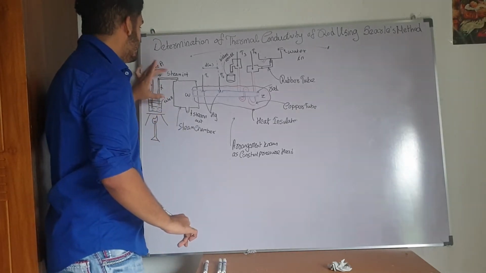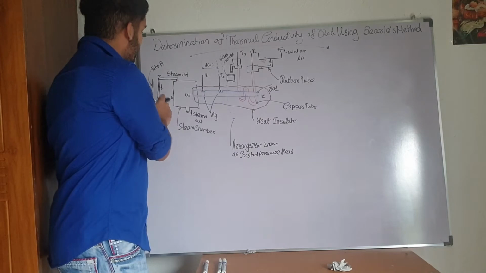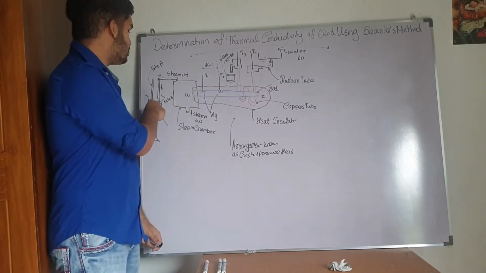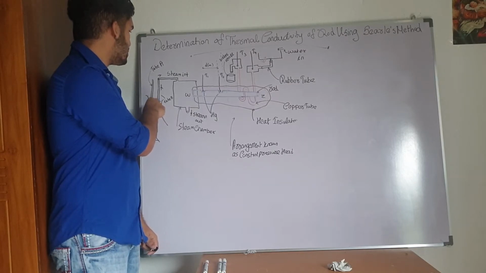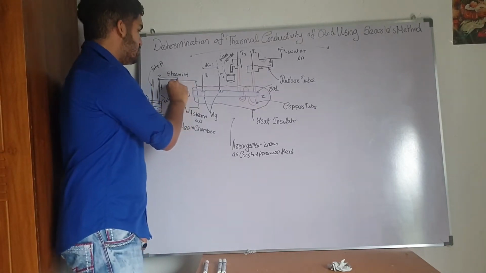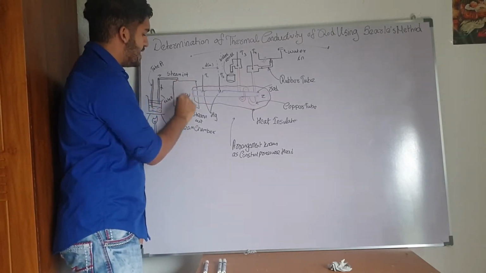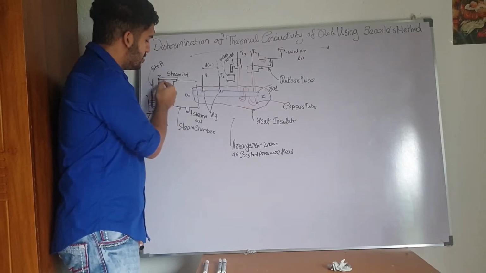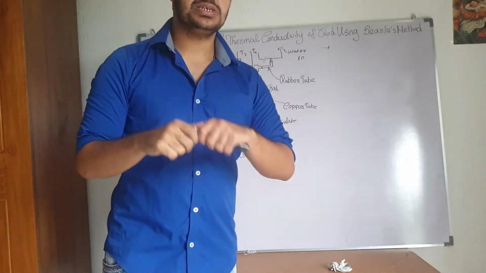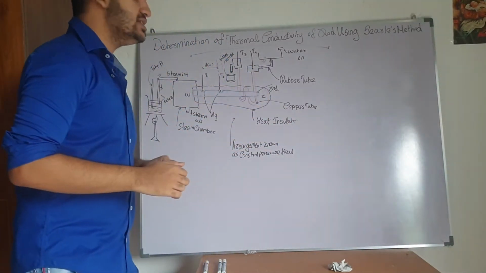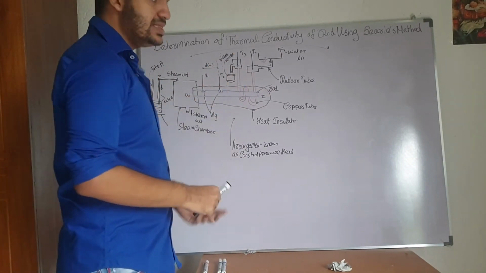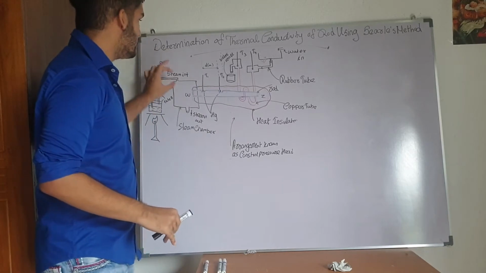And with this tube B, we can supply the steam from the boiler to the steam chamber. Please remember that the tube B is not touching the water, whereas tube A should always touch the water. So why do we produce steam from this point and not from this point? We could produce steam from this point as well. No, because that won't work, because the density of this steam is very low. Therefore it will try to have an upward motion. To avoid this upward motion, we produce steam from this point.